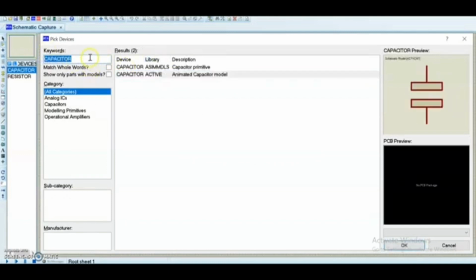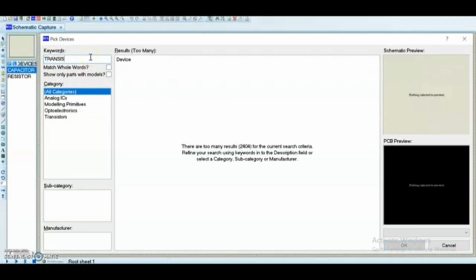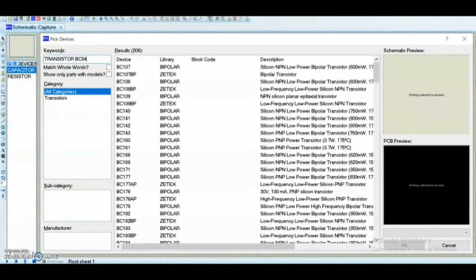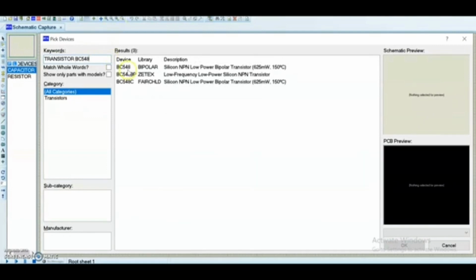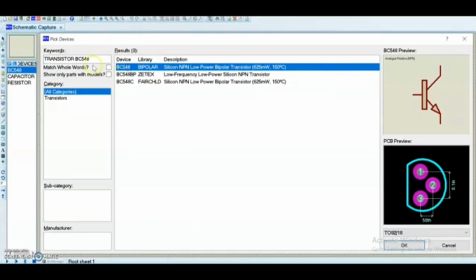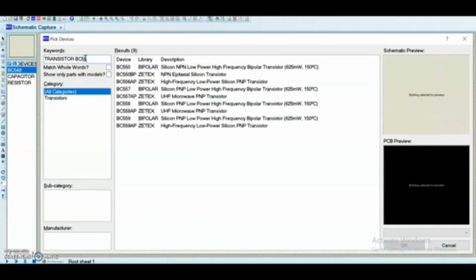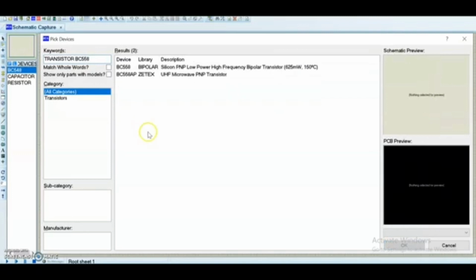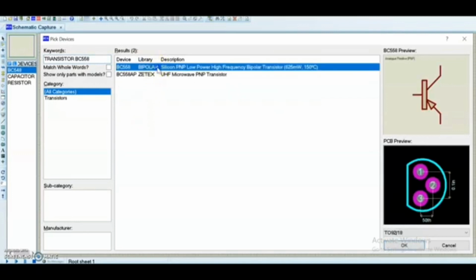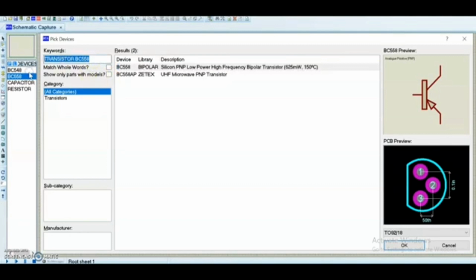Next is a transistor and the code is BC548, NPN type transistor. Next is another transistor which is BC558, PNP version. Next we choose an LED.